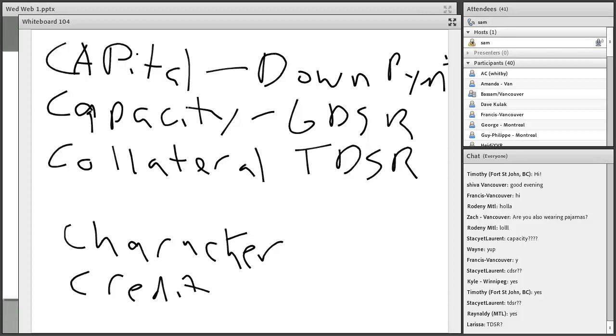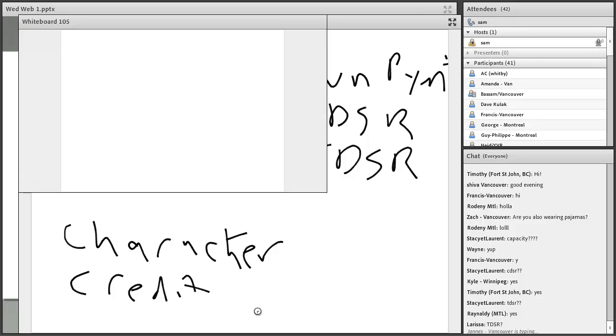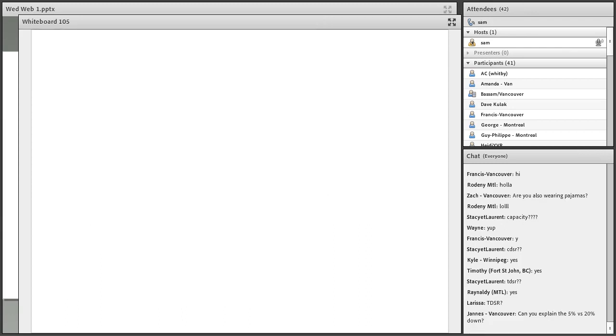It's GDSR and TDSR. Those acronyms form part of the capacity portion of the 5 C's of credit. And what that basically implies is there's some ratios, and these are the same ratios that pretty much all lending institutions use when gauging how much credit is available. And basically what it boils down to is this: what are your expenses as a ratio of your income?